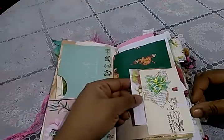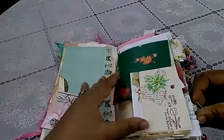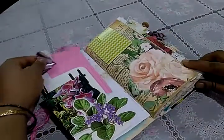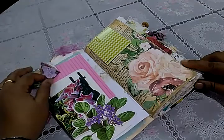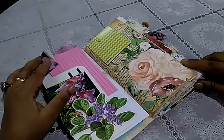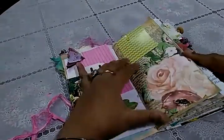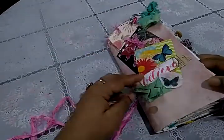And over here there's a Rolodex pocket. I'm not going to explain too much because I already have prepped the whole thing basically, and I'll just go through this very quickly. This is a pocket, and I've just added the, what is it called? Index cards. And I've made a pull out sort of thing. I have kept all the scrap papers that I have generated from this project over here. This is the rest of the card that I've used over here,